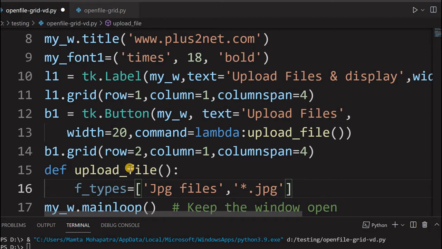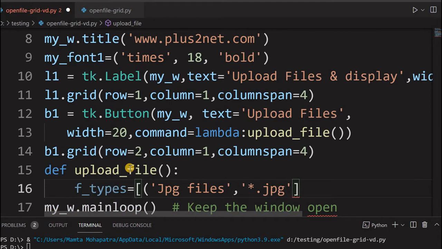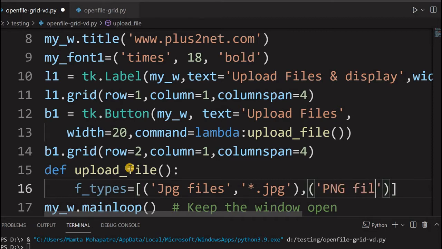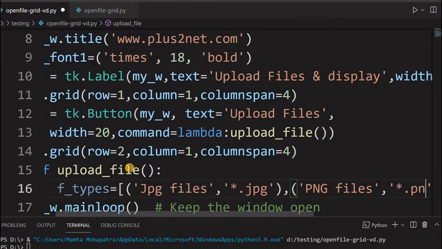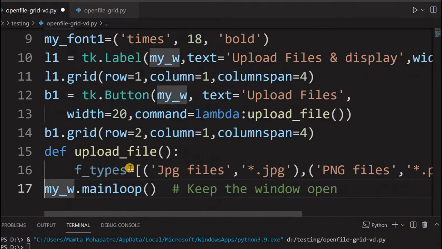Now this I will keep, because others are also there. I will also go for PNG files, so star.png. Okay, that's all. Now file types are ready.